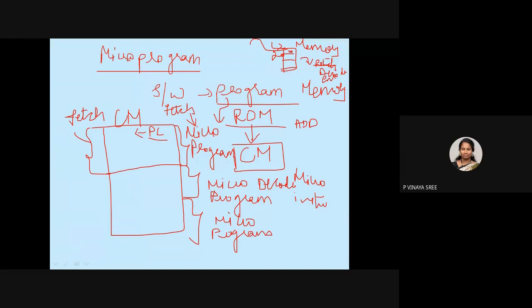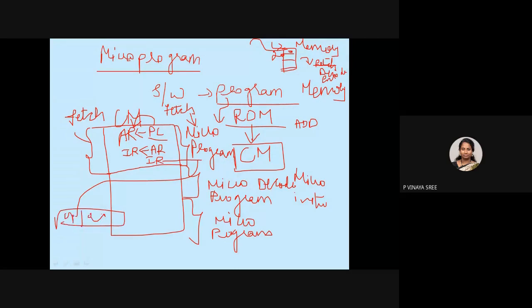That program counter we need to place inside the address register. We place it inside the address register, go to that address location, and get an instruction. That instruction we place in the instruction register, and inside the instruction register we will have a format. The instruction format will have an opcode and an address. This is a fetch micro operation. Try to understand, this is a fetch micro operation.